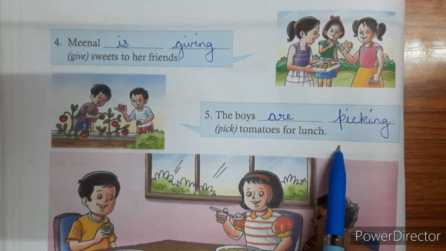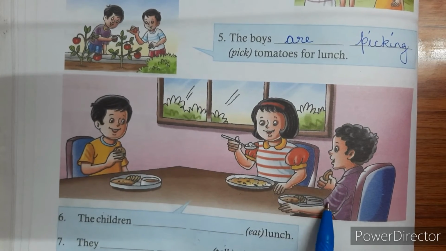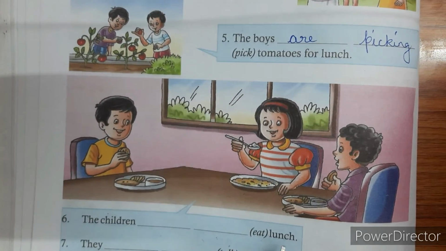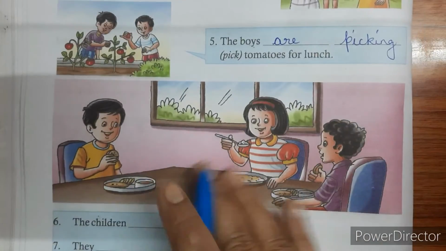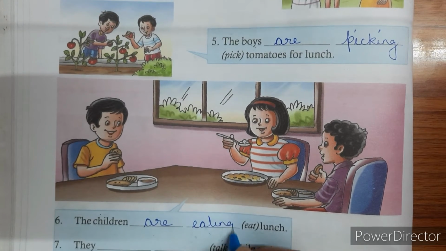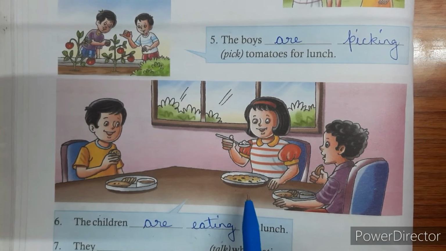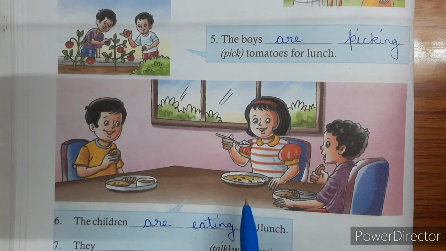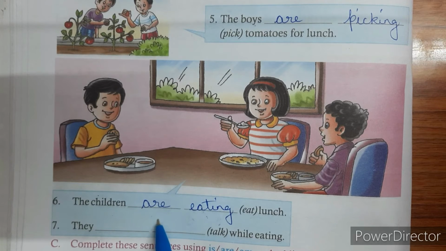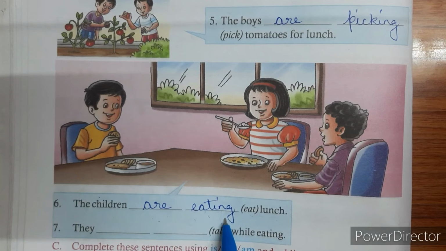tomatoes for lunch. And the last picture, you can see there are 3 children and they are enjoying a meal at the table. "The children dash dash eat lunch." The children are eating lunch. They are eating their lunch in the moment, right now, in the present time. They are eating their lunch as we speak of them. Hence, we have taken the helping verb are and we have changed the verb eat to eating to make it